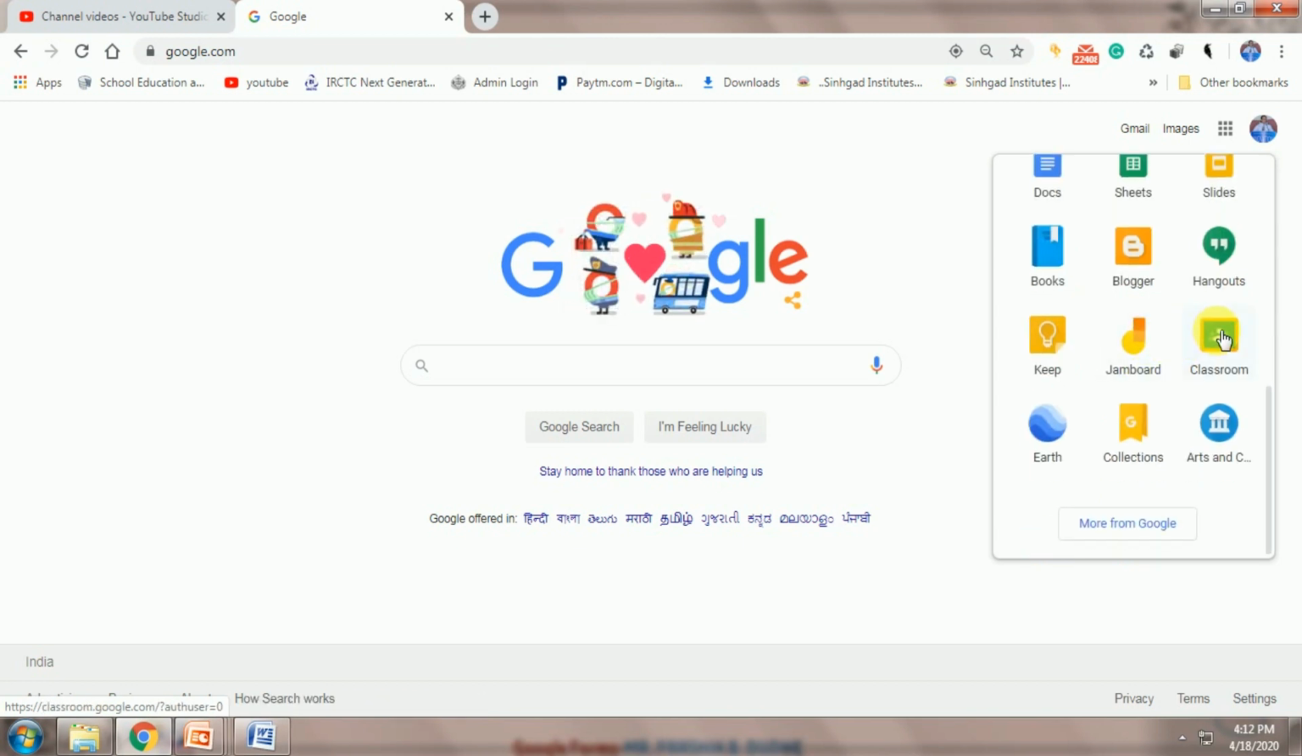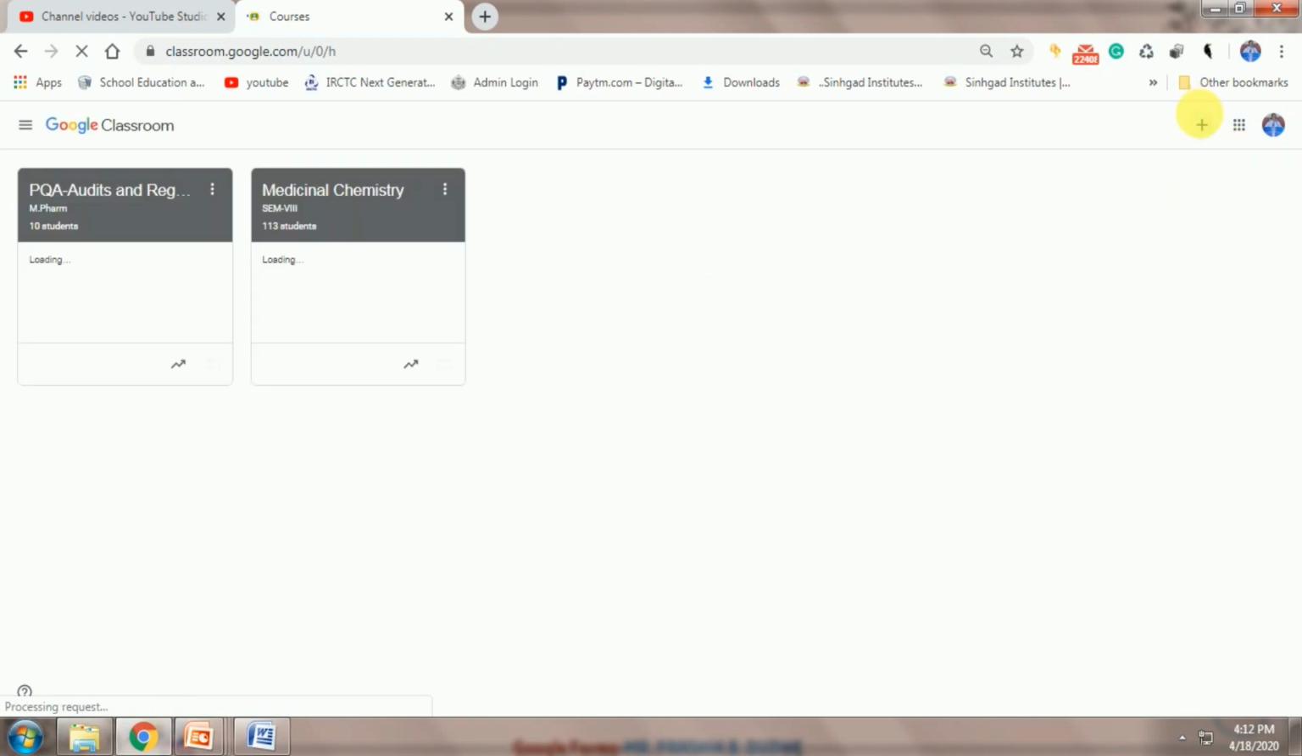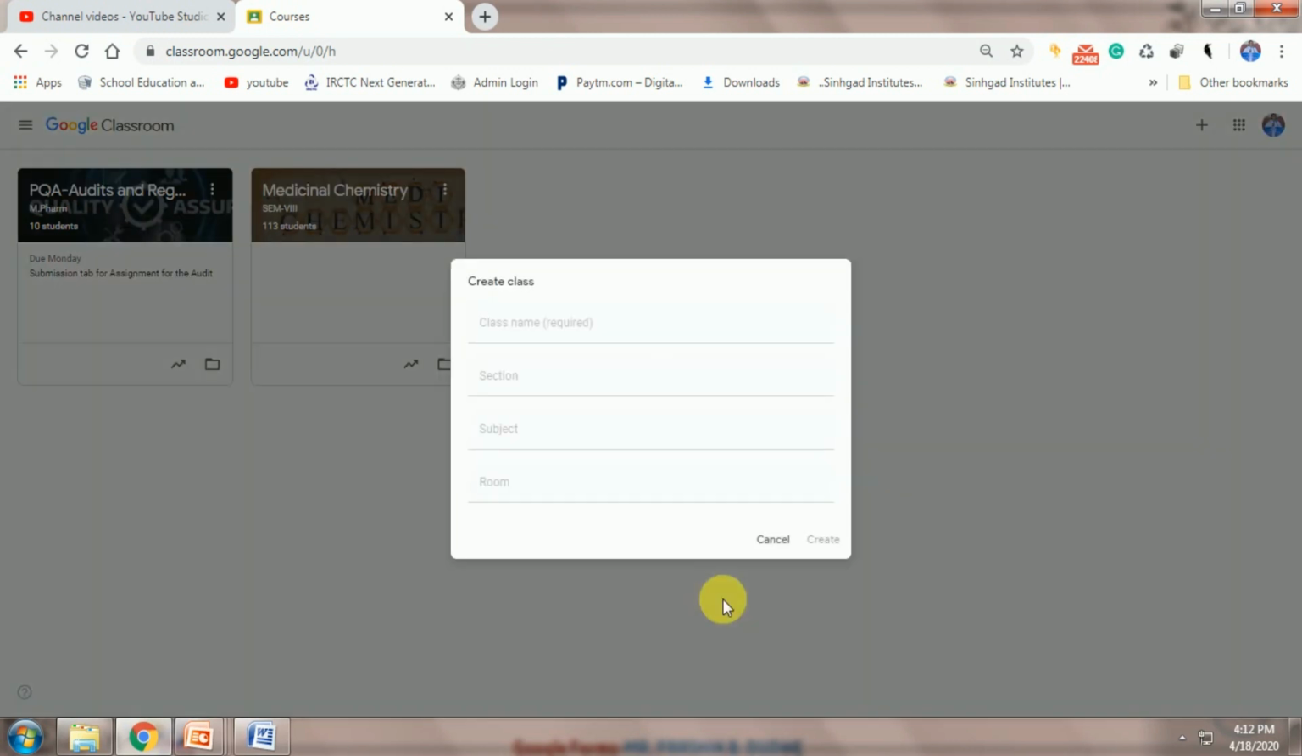First, we'll see how to create the Google Classroom. In short, after entering the Google Classroom, there is a plus sign over here on the right-hand side corner. Click on the plus sign and create a class. Accept and continue. Give the name to the class: Medicinal Chemistry final year, Section B Pharm